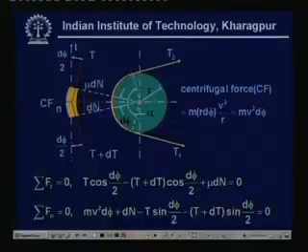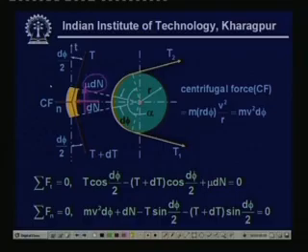Please look at the figure. You find that this belt segment is acted upon by a normal force acting from the pulley onto the belt segment, and due to the impending motion the frictional force will be acting in this direction, as shown over here, and this is given as mu into dN,